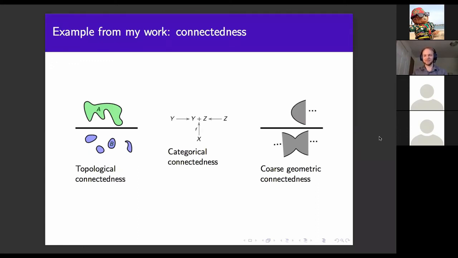Can I ask another question? Sure. It's a bit of an advanced question, so I apologize to the audience. As you know, there is Lawvere's work where metric spaces are seen as categories, as enriched categories, where the hom-set is a number. Do you think one could generalize coarse geometry in this way, moving away from metric spaces and going to enriched categories?